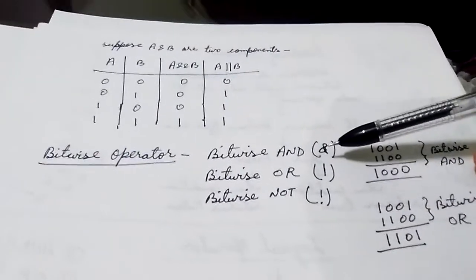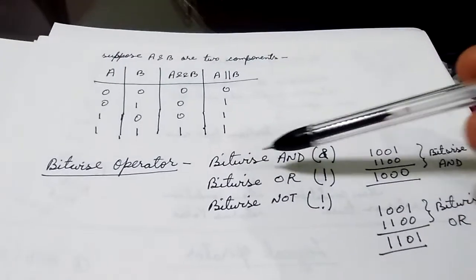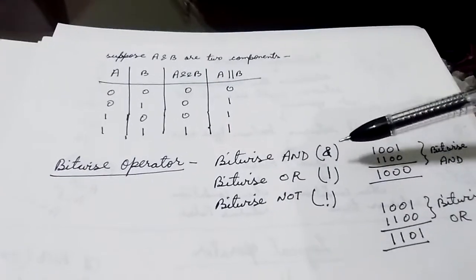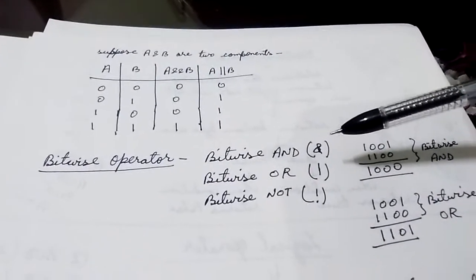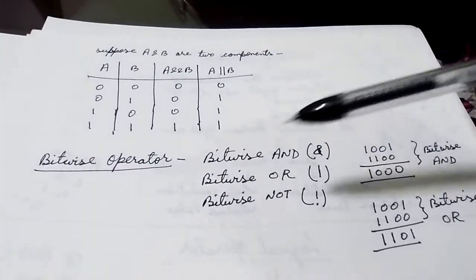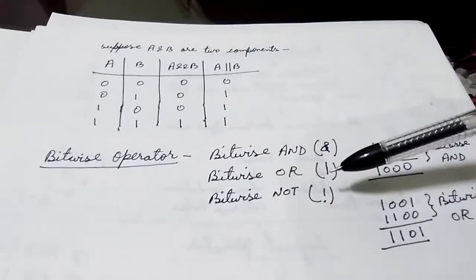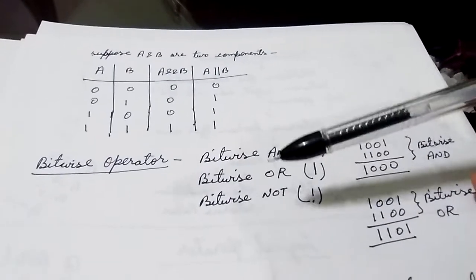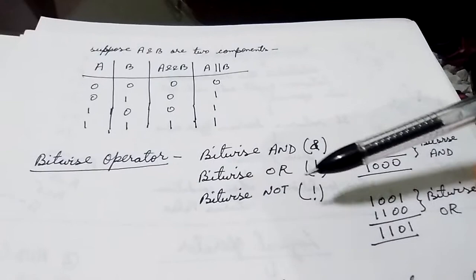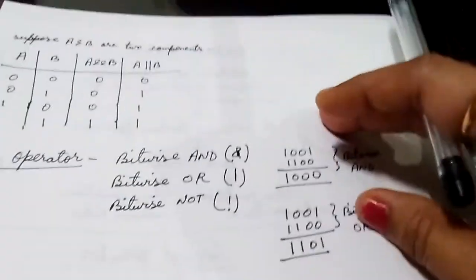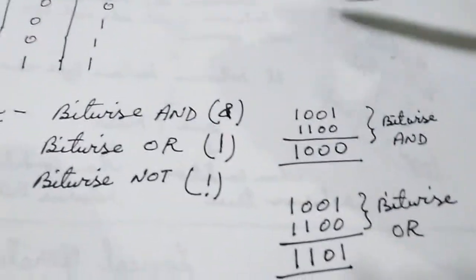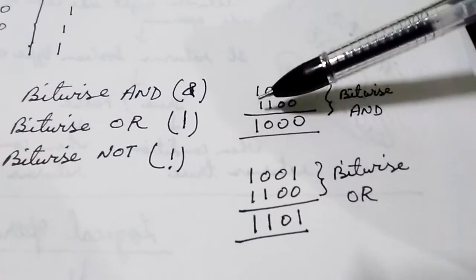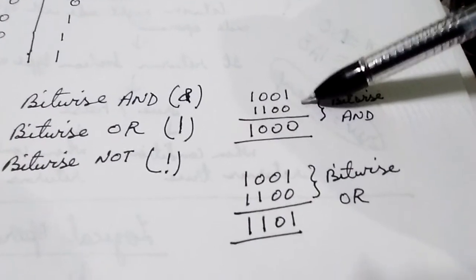A single ampersand denotes bitwise and. When we put a double ampersand, it returns logical and. This is a major difference that we have to pay attention to. Bitwise or is a single pipe. If there is a double pipe, two pipes, then it is logical or. And bitwise not is an exclamation. So we see one here. If it is asked to perform bitwise anding upon two binary numbers, so we will not do